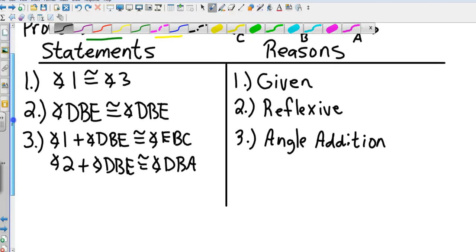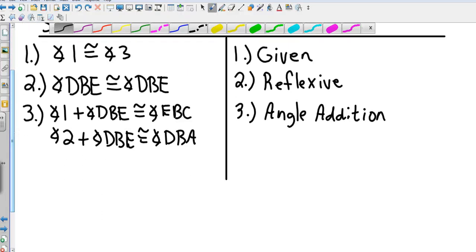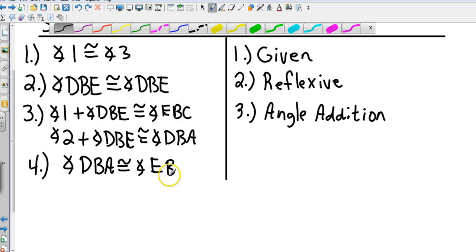And so now, since angle 1 and angle 2 are congruent, and obviously DBE is congruent to itself, I can go ahead and go to step 4, and I can say that angle DBA is congruent to angle EBC. Right? And that reason is substitution. I'm just substituting